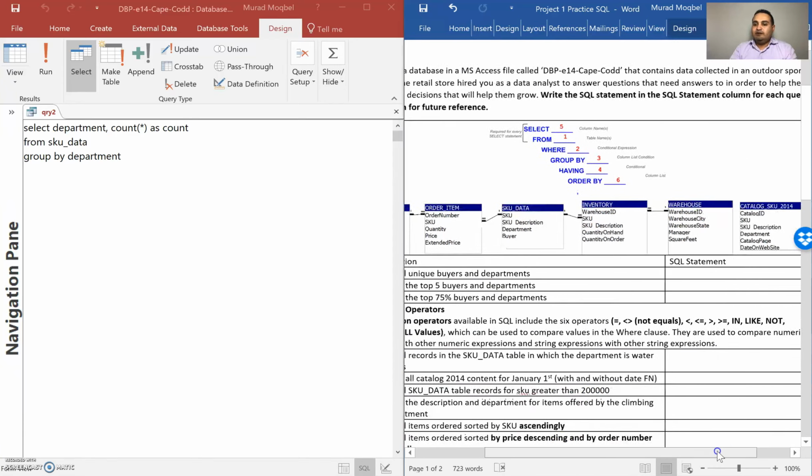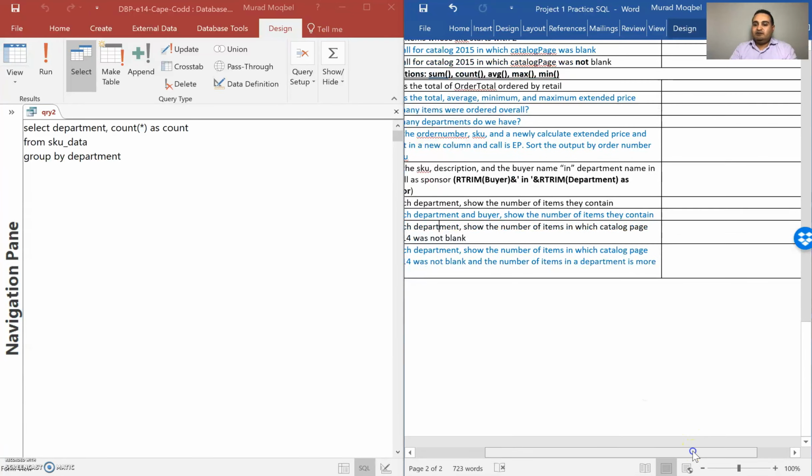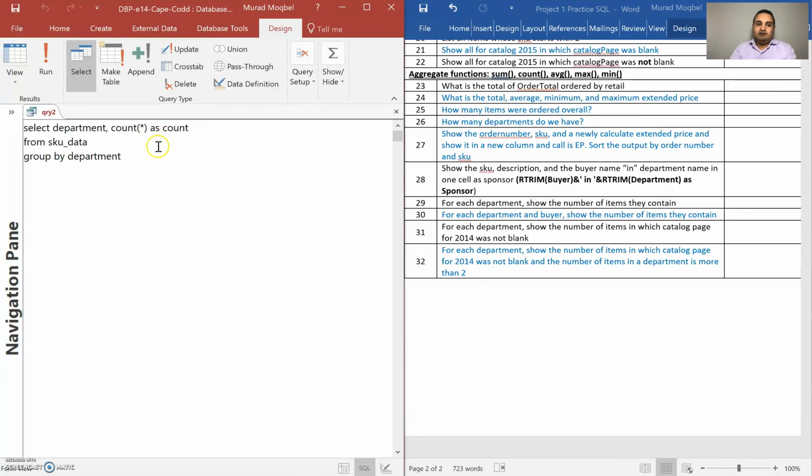So for each department, from catalog SKU 2014, number of items in which catalog page was not blank. Okay, so now I will use where catalog page